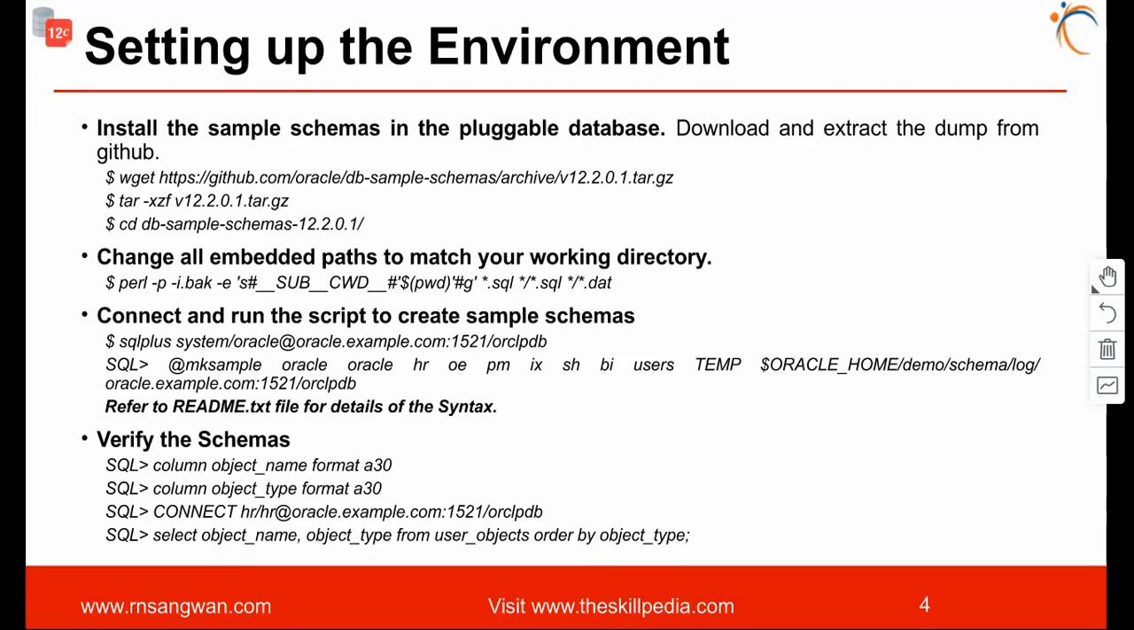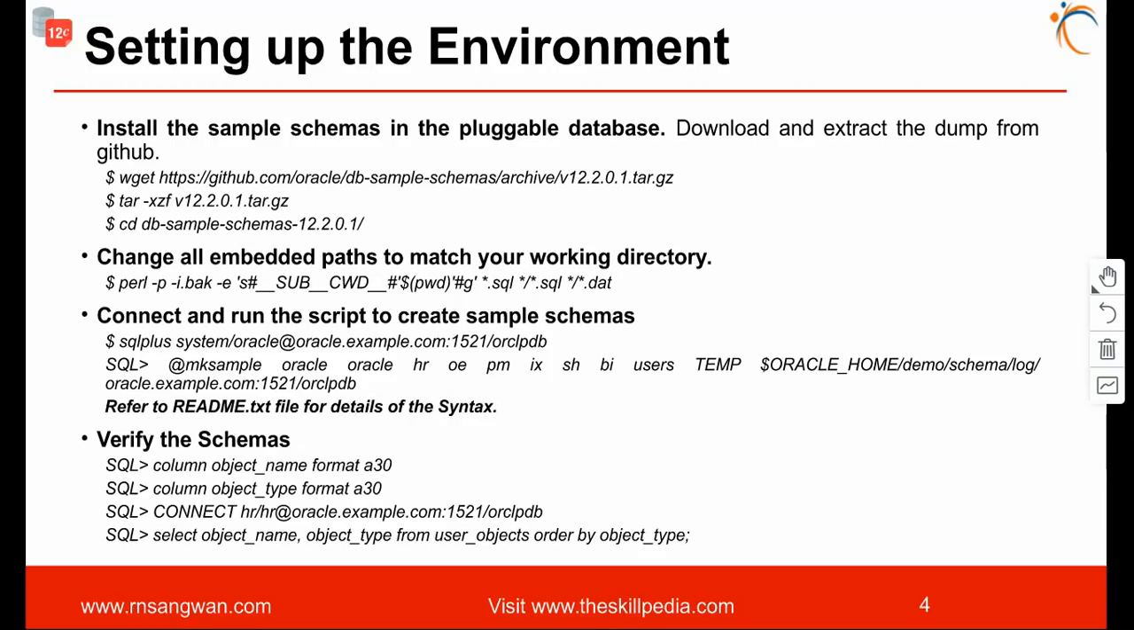Setting up the environment: for this purpose, you need to have some sample databases. You need to install some sample schemas in the pluggable database, and this URL has a lot of sample schemas. I have installed all of them. The sequence of steps is precisely this: get this file, the official Oracle database sample schemas, at github.com/oracle/db-sample-schemas, archive 12.2.0.1. That means we have Oracle version-specific sample schemas. So download the right version,